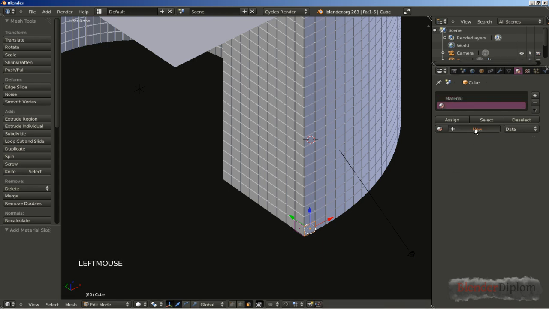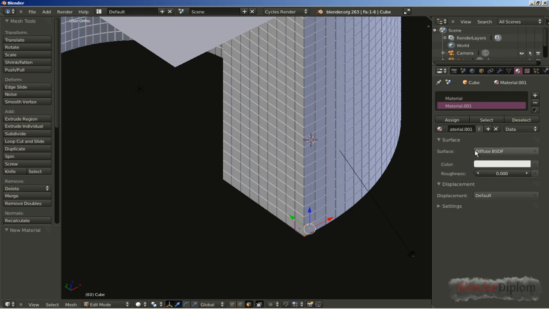Click new, wait for the new material to appear, and again Blender is working pretty slow now, and I'll just click assign because I want this second material, the diffuse BSDF, the white one, to be assigned on this face only. Okay, I'll click assign, and I have to wait a bit again. Okay, now I'm hitting tab key to switch from edit to object mode,